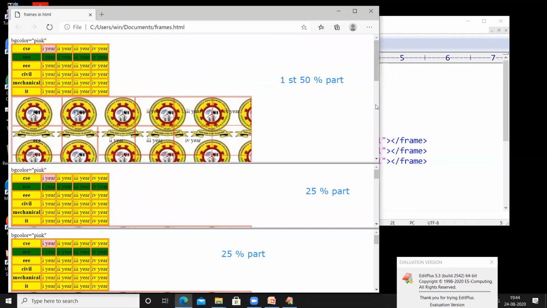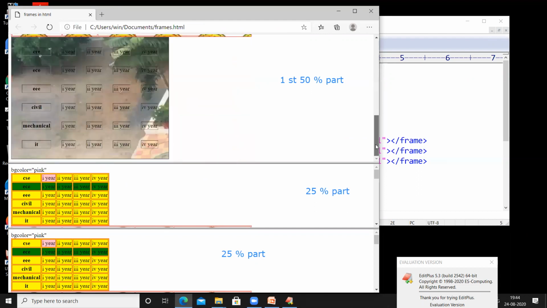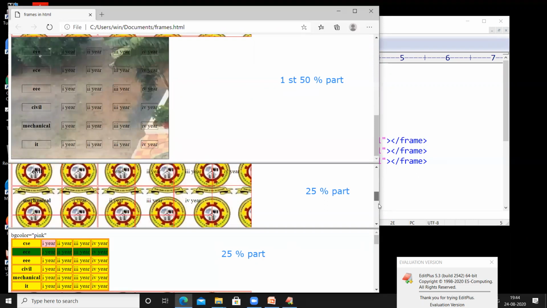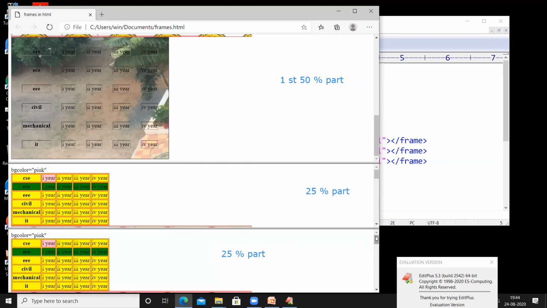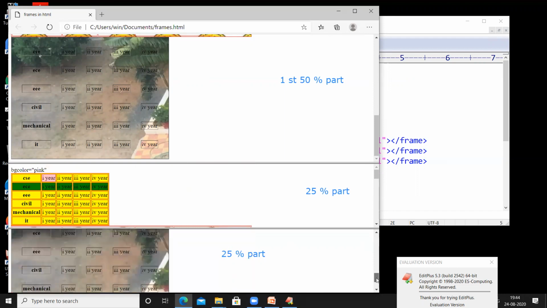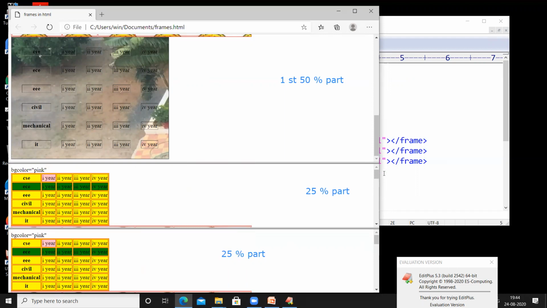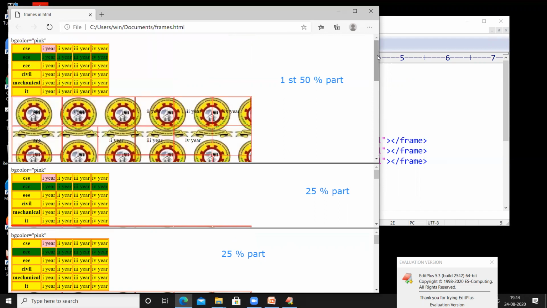So this is the first part. You can observe by scrolling it down. So this is the first part, and in the second part also we are going to display the same web page. That is why the data is the same in each and every part of the web page, right? So this is how we can divide a web page into multiple number of rows.